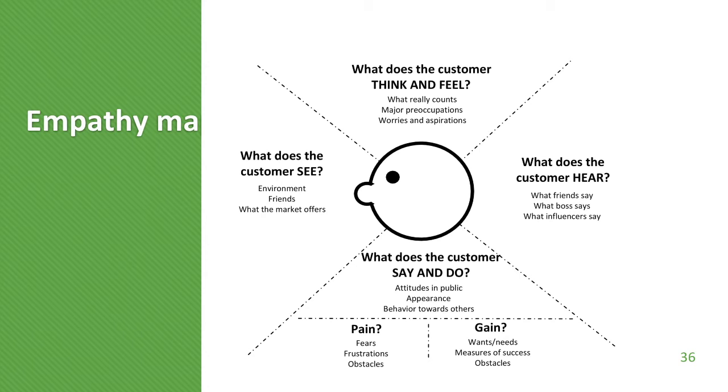So what we want to do is take Molly and use our empathy map to work through everything that Molly's going through. We want to understand Molly. We want to run every single one of our marketing campaigns through Molly and say, would Molly be interested in this service? Would Molly benefit from this? Would this save Molly time? That's your objective with an empathy map. What does the customer think and feel?